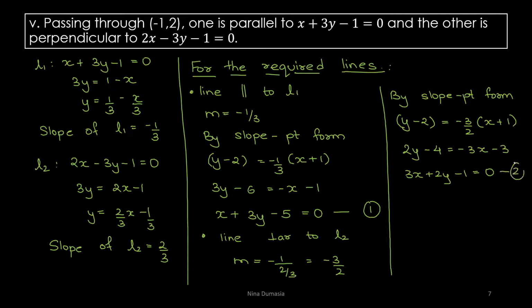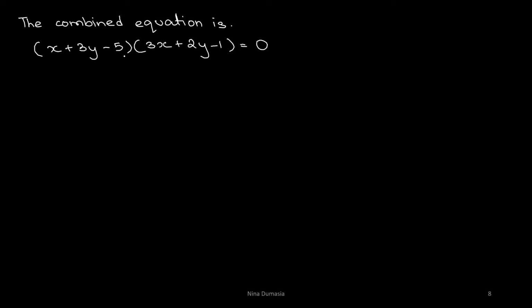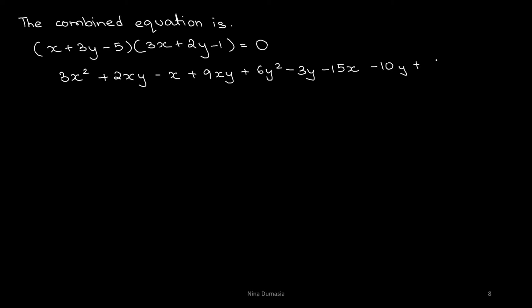This is equation 2. Now we want to multiply these two to get the combined equation. So we only have to multiply these two now to get our final answer. So first, when we multiply by x, we get this. Now when we multiply by y, we get 3y actually. 9xy plus 6y square minus 3y minus 15x, now by multiplying by minus 5, minus 10y plus 5 is equal